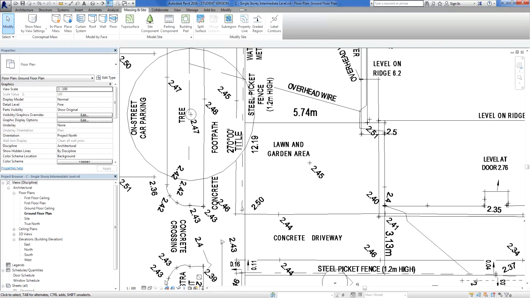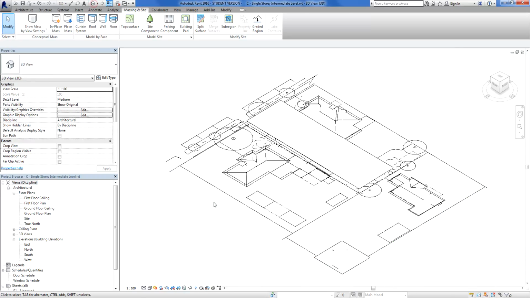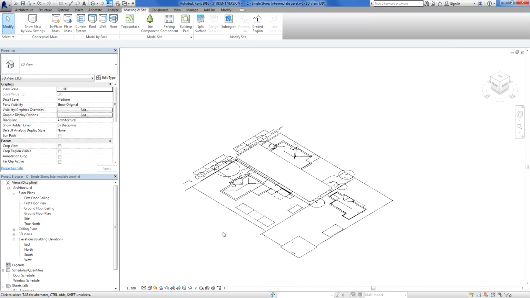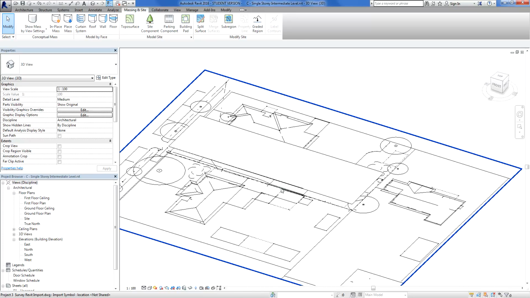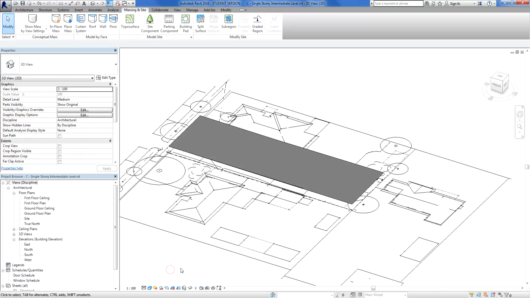We don't see much here at the moment, but if I take this back down to hidden line, do we see much? No. If I take this to consistent colors, still nothing. However, let's go into 3D and see what happens. Let's see what we can see. There it is there. If I change this back to consistent colors,